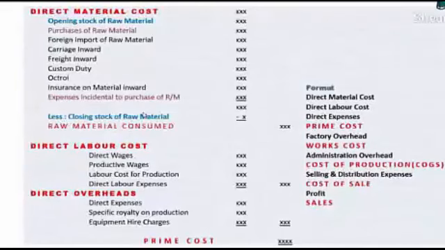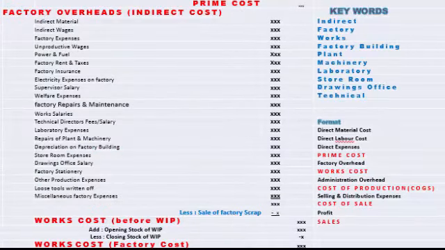Now let us go further. We have seen the prime cost. Our cost sheet will go into multiple pages. Then we have to add factory overhead. That is what we are adding, indirect cost. When we add indirect cost, we are going to get works cost. Now I have written a few examples about the indirect cost. On the right hand side, I have given the keywords to you. If you come across these words, there is a strong indication that we are talking about a factory overhead. Somewhere the word is there: indirect material, indirect wages, or the word factory.